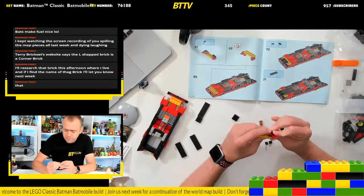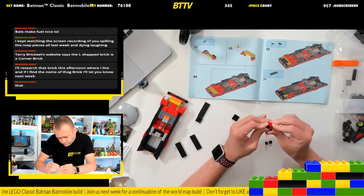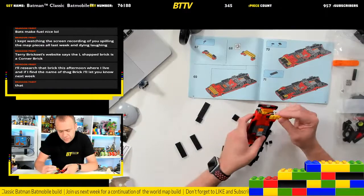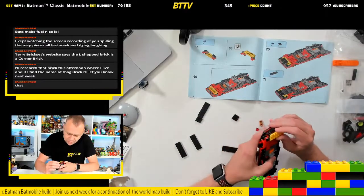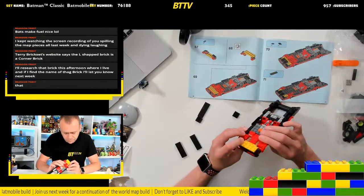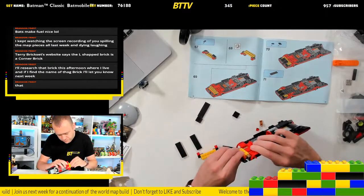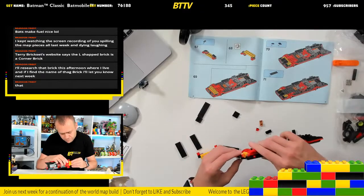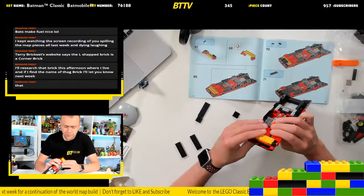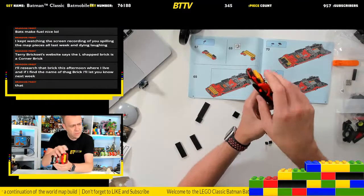Some inverted slope pieces go on like that, and then still in the front, I think, something like this. Must be like this, like that. Just connect that in like that. That's better. So the front is much more slopey now